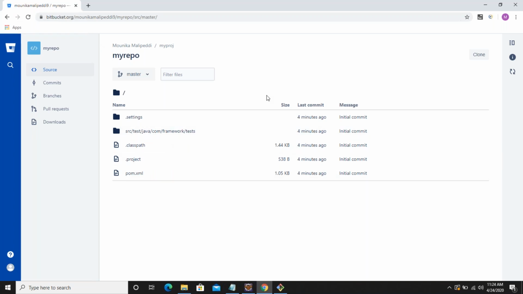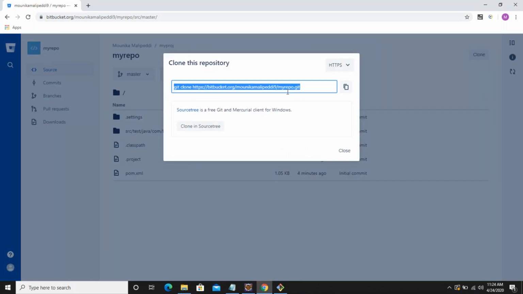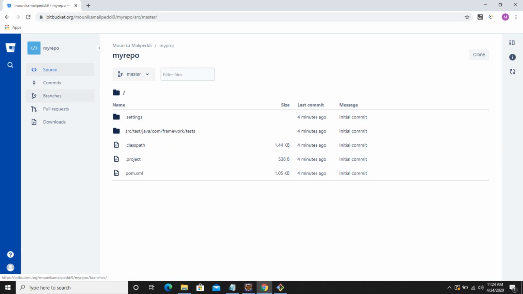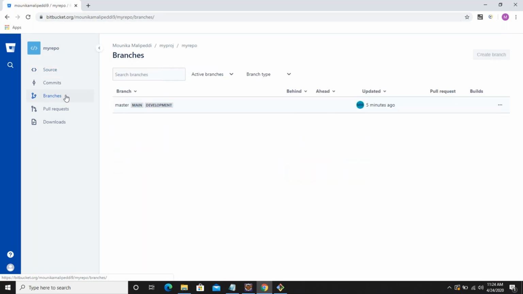Now, so someone needs to clone it, right? They can use this git clone command and they can clone the repository and start working on it. And now if you want to create multiple branches, you can always go ahead and create them. So you can click on these branches, and why am I unable to create a branch? You do not have permission to create a branch. Okay, let me see some settings.